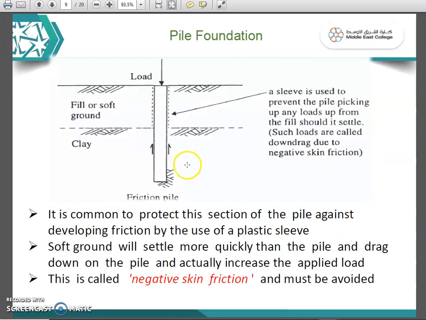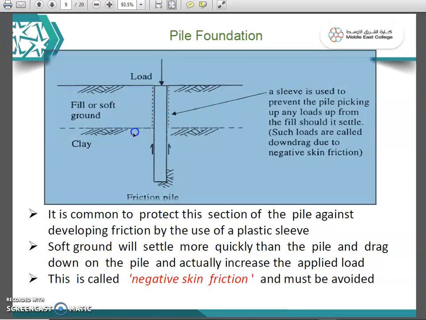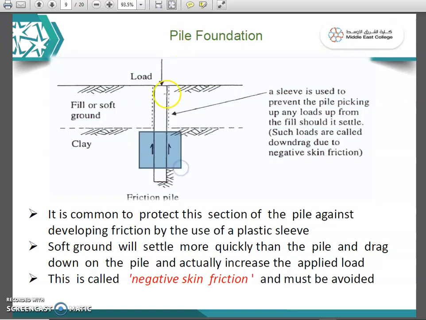This is what we will discuss in detail in class. If you go for a friction pile, this is what it is. So generally the friction happens here. This is a soft ground, so there is no friction, and in this layer there is no resistance towards the load. But when you go for a clay, the resistance towards the load is from the clay layer. So this is what a friction pile is.